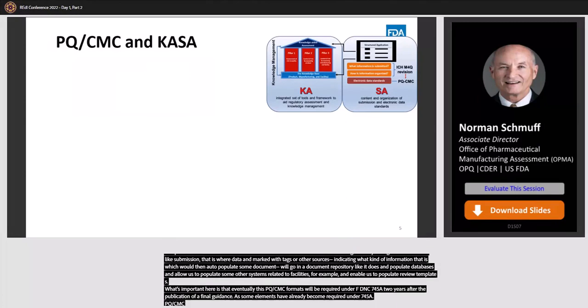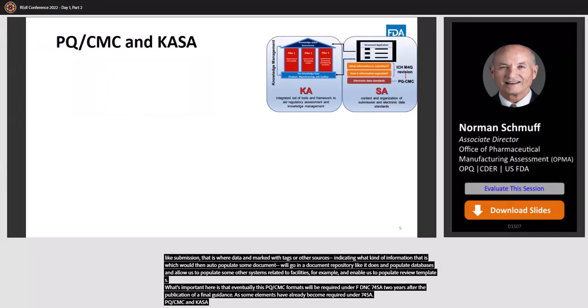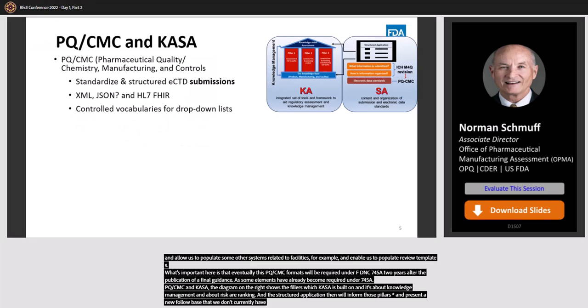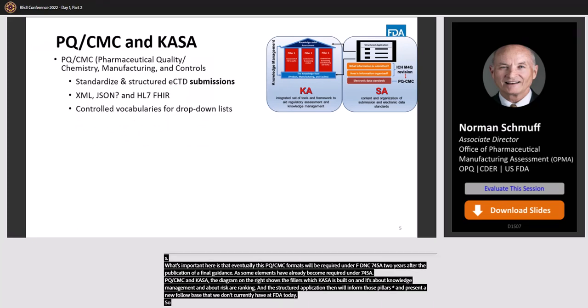PQCMC and KASA: the diagram on the right shows the pillars which KASA is built on, and really it's about knowledge management and about risk ranking. And the structured application then will inform those pillars and present a new knowledge base that we don't currently have at FDA today. So PQCMC is a way that we propose to standardize and structure the submissions using XML, JSON,